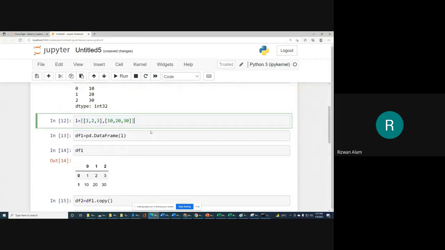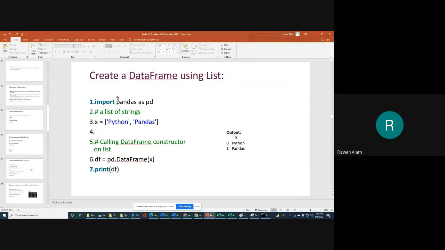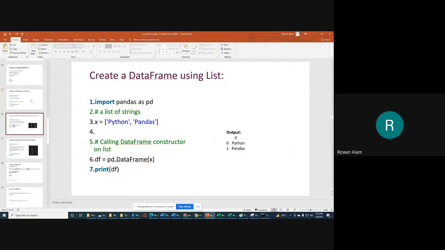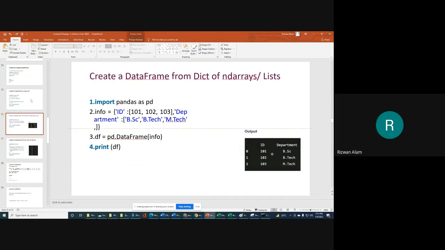We have already discussed creating a data frame using a list. Next we will take a data frame from a dictionary of ndarrays or lists. So we are going to use a dictionary here. Let me show you.